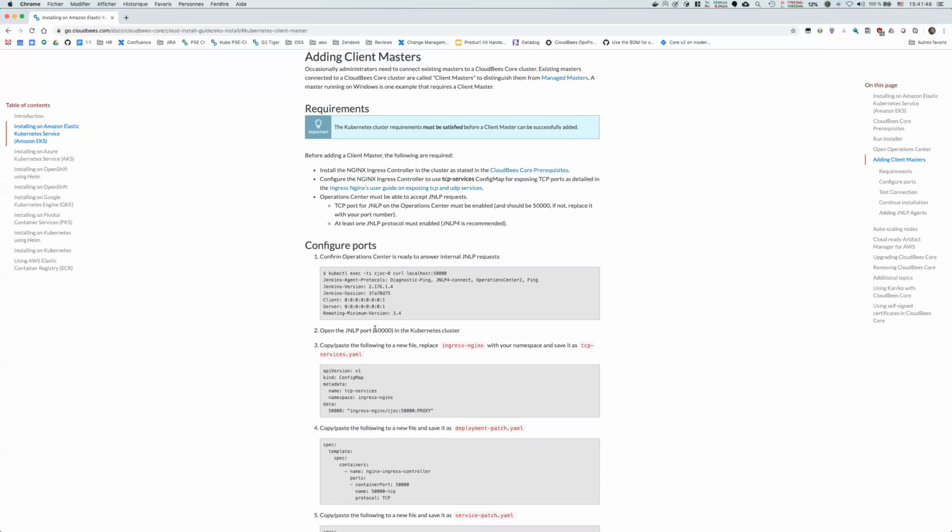For CJOC, we use 50,000 as a convention, and usually each master, when it starts, we allocate it a unique port across the cluster that allows to avoid conflicts when we do this configuration. So usually the first master we have like 50,001, the second one 50,002, etc.